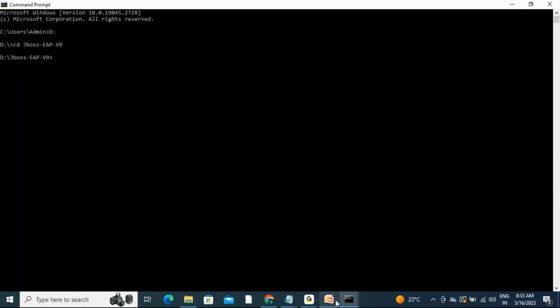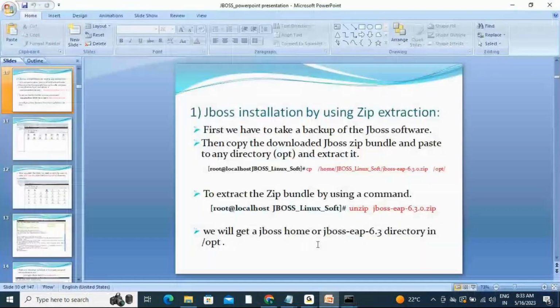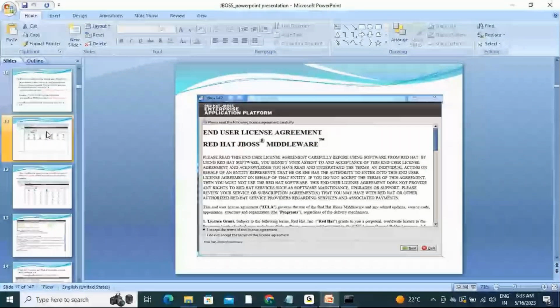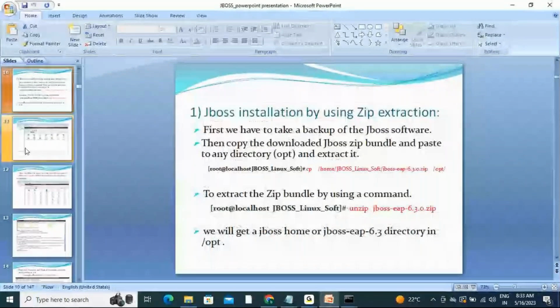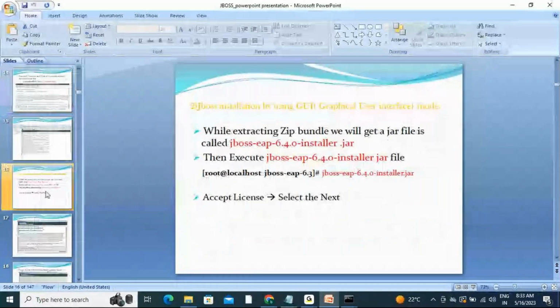Okay, the preparation method is completed. Now, what are the steps I have provided here? All I have covered. The graphical interface method is also covered. Okay, next one is called